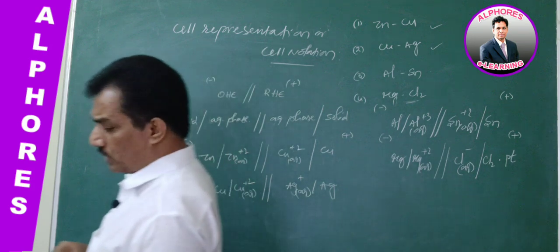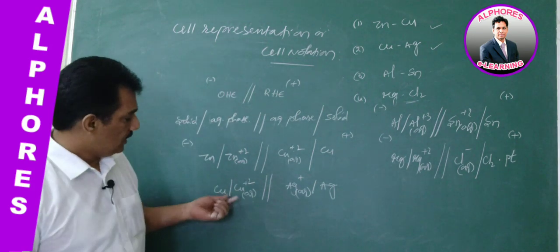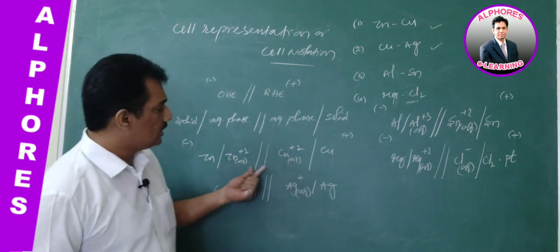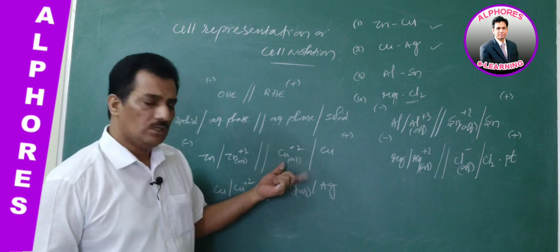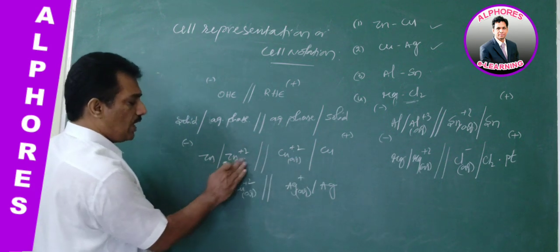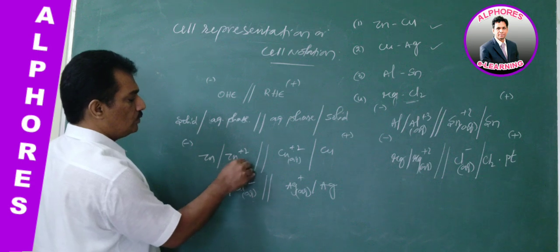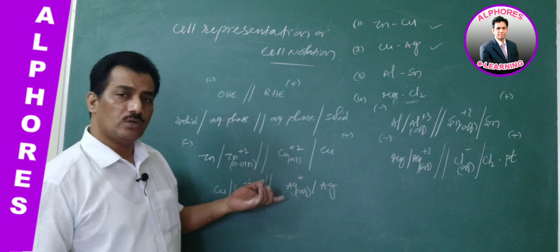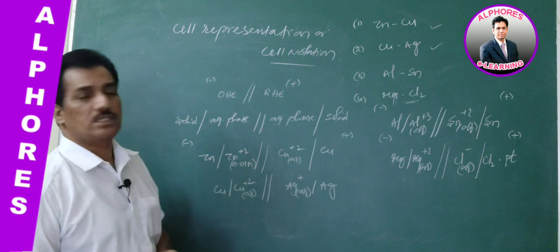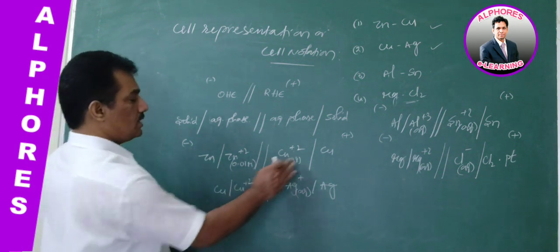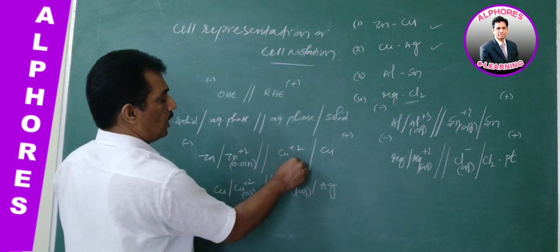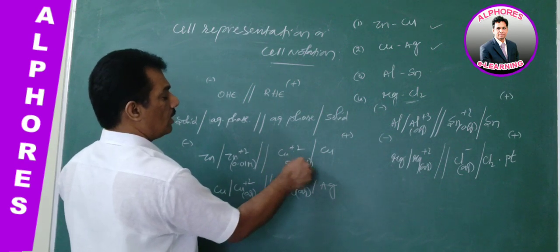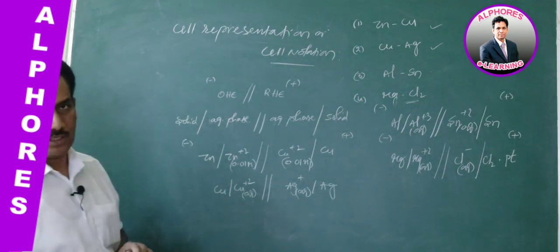And now one more. In case they are represented with any concentration other than unit concentration, instead of aqueous you can write 0.01 molar. So when you give the molarity, automatically by default you know that it is in aqueous condition, and it is now 0.1 molar, 0.01 molar. Like that you can represent that one also.